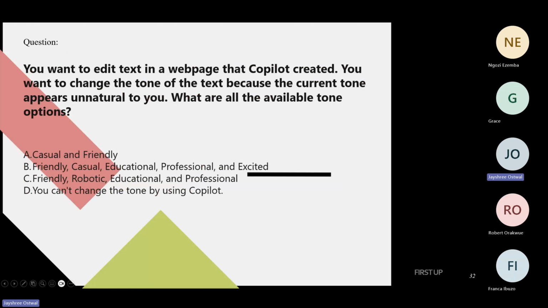So just for fun, say you want to edit the text in a web page that Copilot created. You want to change the tone of the text because the current tone appears unnatural to you. What would be the tone options available over there? What would be your answer? As we have already seen, what were the tones available over there? A, B, C, D. What would be your